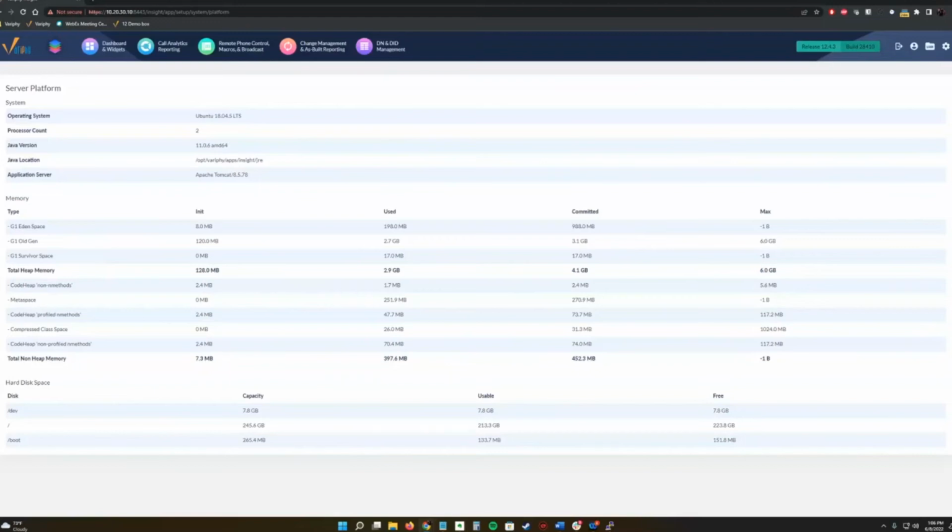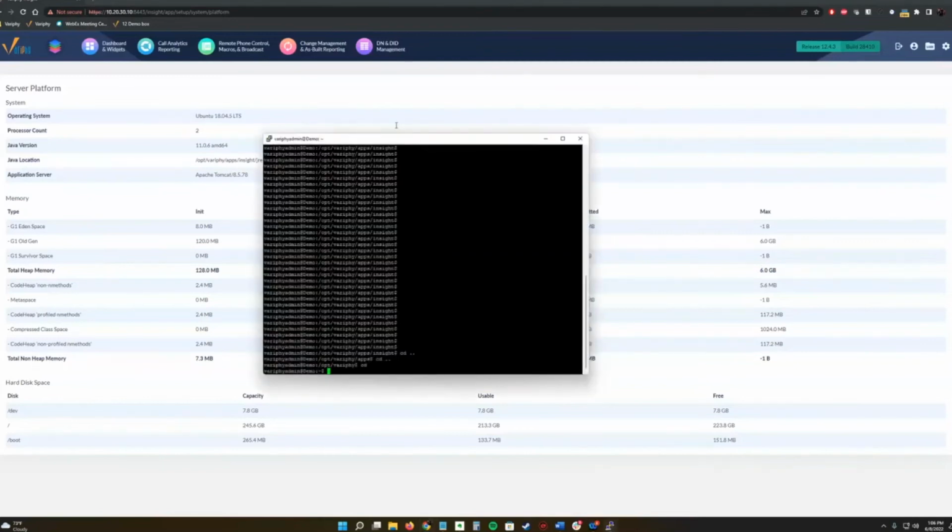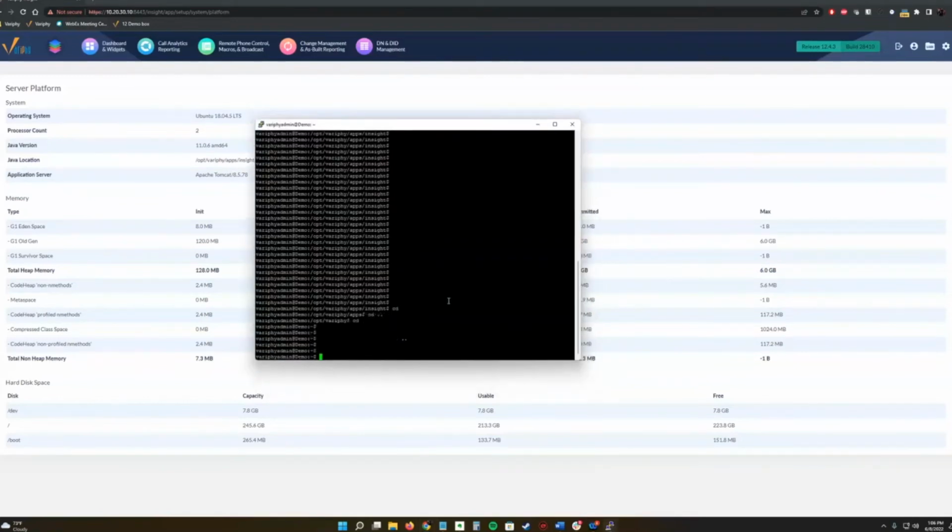Okay, so now that we can see how much RAM is going to the Verify server, let's take a look at our OVA here. We're logged in with a PuTTY session to our demo box, and we can take a look with a couple of commands. Now this gets a little technical with some of these commands. A lot of people might not know these commands, so you can always reach out, and we can help you figure out the best way to add more RAM if things are running slow.